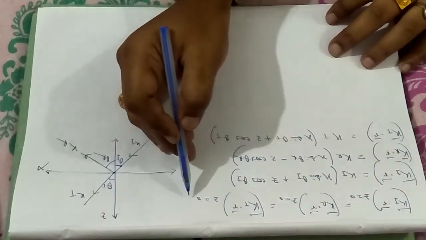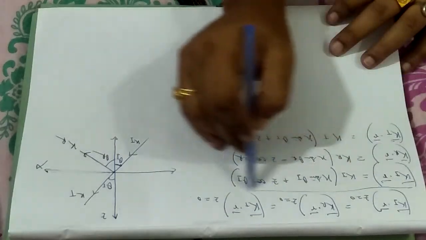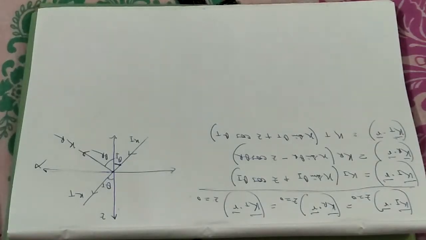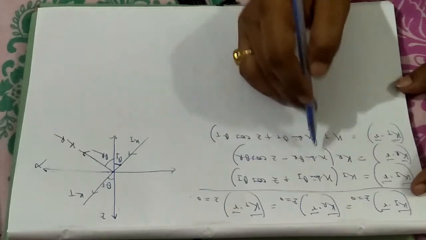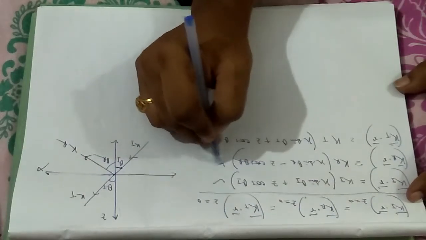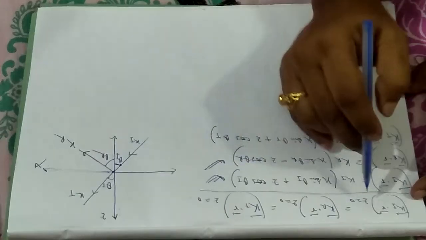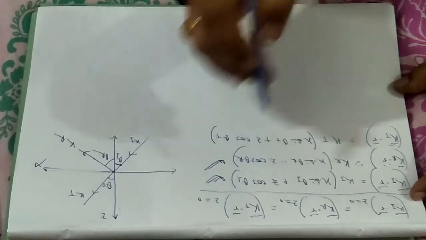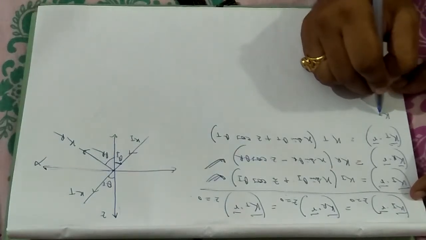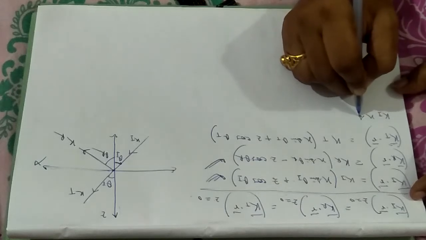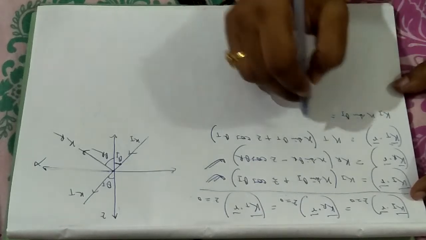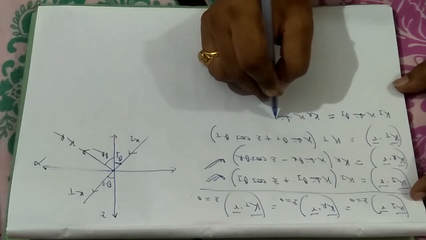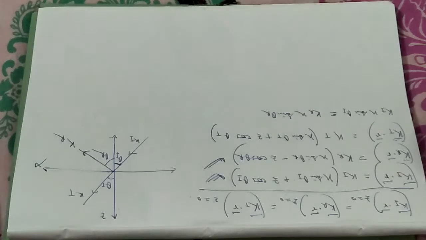Now see, you have already written that this will be continuous. The space varying component will be continuous at the interface at z equals to 0. So if you put z equals to 0 in this equation and that equation, you are equating this part and that part. So at z equals to 0, this will cancel and that will cancel. So we can write ki x sin theta i will be equal to kr into x sin theta r.